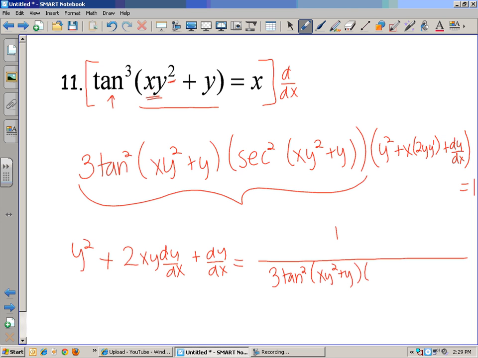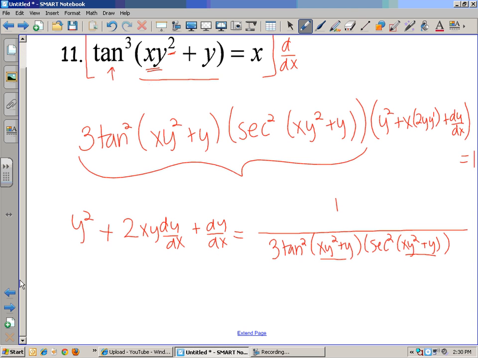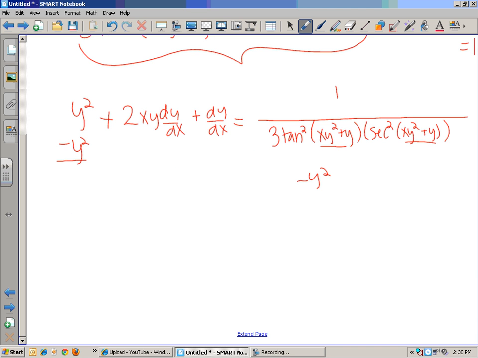Notice that the inside didn't change. I know I'm writing, not talking, but notice that the inside did not change on these two functions. It's exactly the same. That's all on the bottom. And now I want to subtract a y squared. And then I want to factor out the dy/dx. Oh, my bad. I want to show you that step. So I'm going to get 2xy plus 1 is equal to 1 over